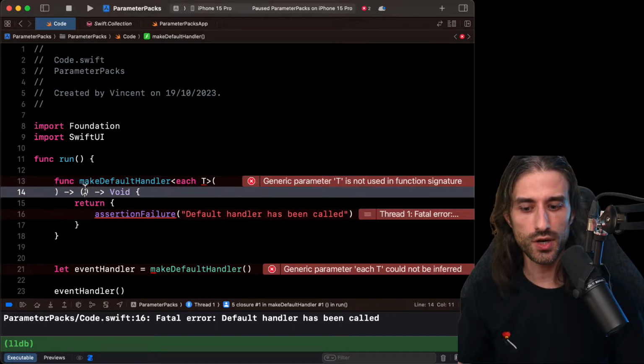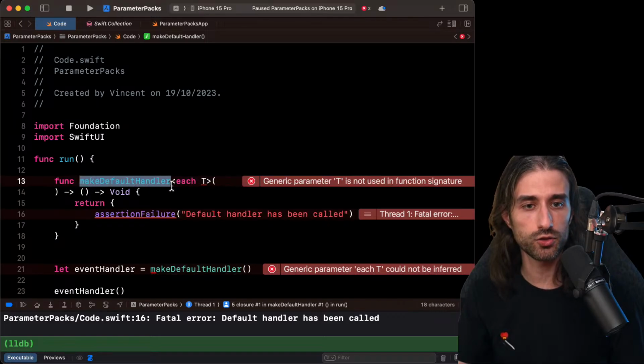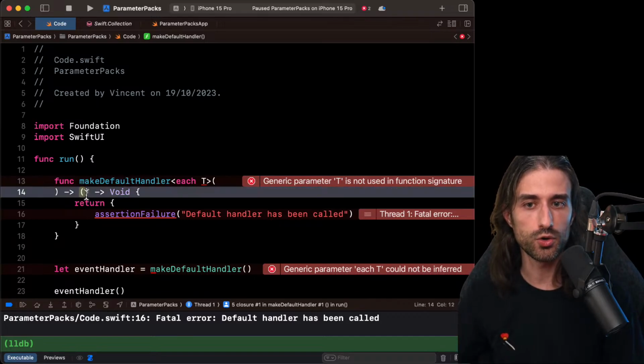However, the closure it will return will take arguments, and it will take as many arguments as needed by the declaration of the variable where we want to assign the return value to. So for instance, if we are trying to assign the return of make default handler to a place that expects a closure that takes 2 arguments, then we will have a closure that takes 2 arguments. Same thing if there are 4 arguments or if there are 0 arguments.